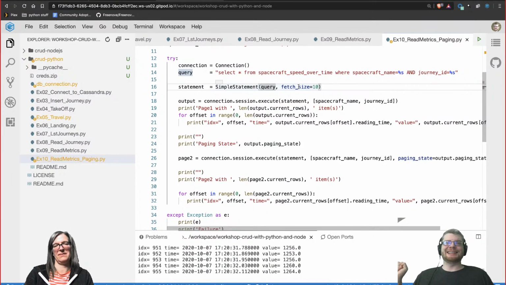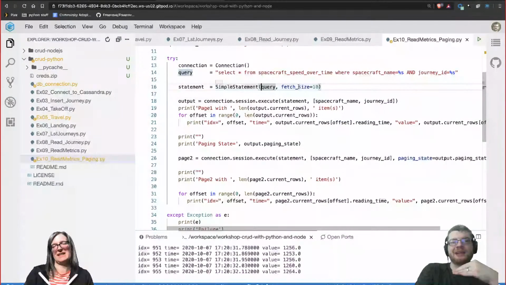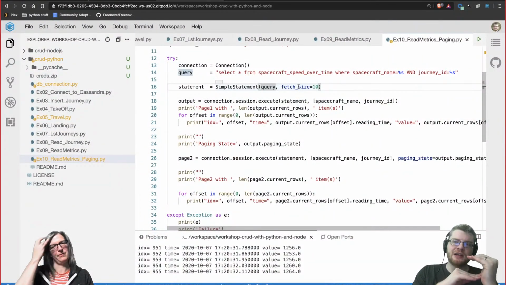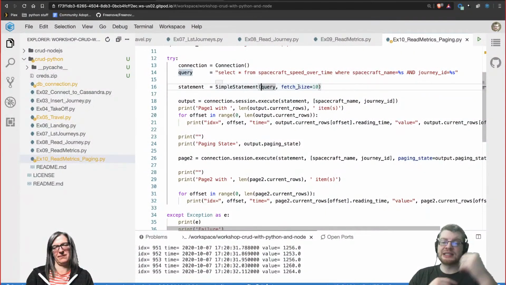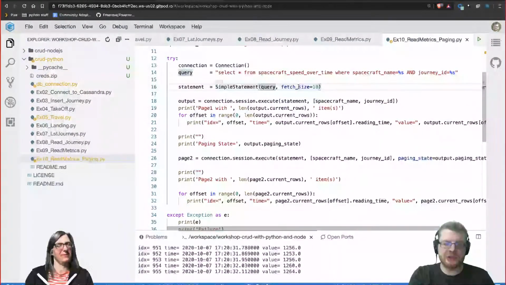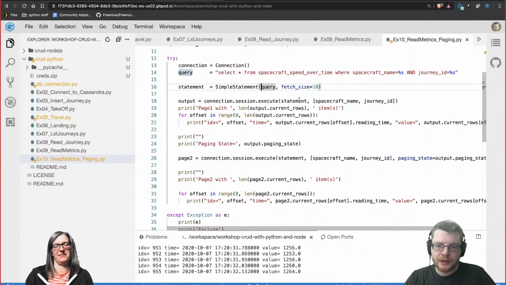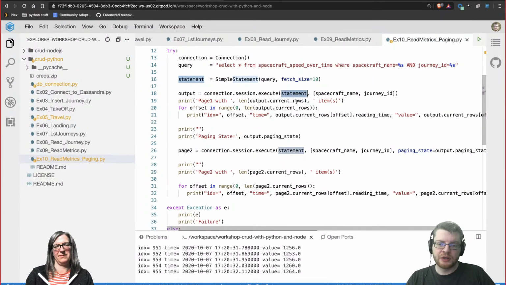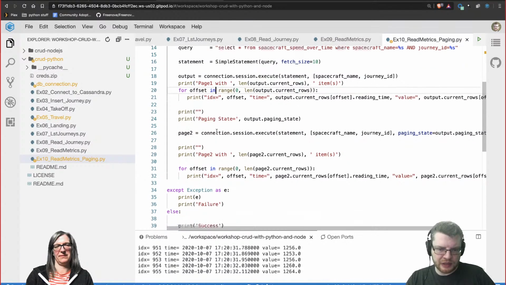What's fetch size? Well, in the driver, there's a thing called paging. Paging is how you get back a chunk of data, a subset of the whole data you want returned. What that's going to return to us is the data and then a pointer to the next set of data. So what you've got here is the statement we're submitting, and the key that we're looking up off of. We're going to print current rows, and then for offset,